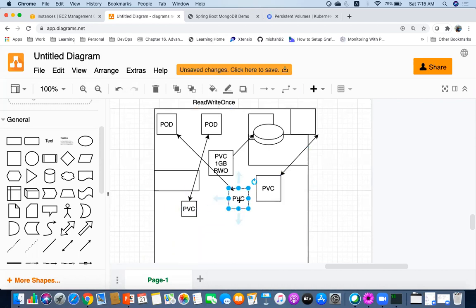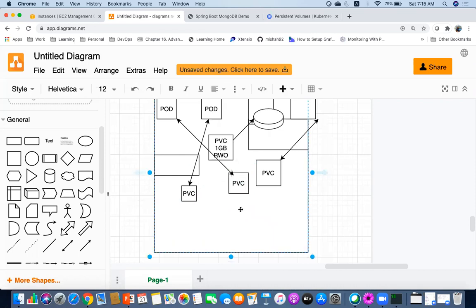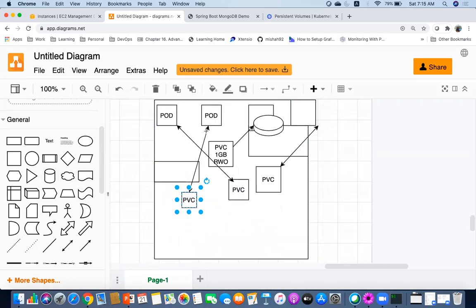And if this PVC doesn't find any PV, the pod is claiming the PVC. You are creating a PVC and you are using that PVC in the pod. And if the PVC doesn't find any volume,